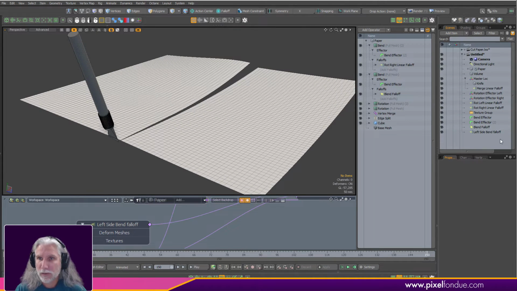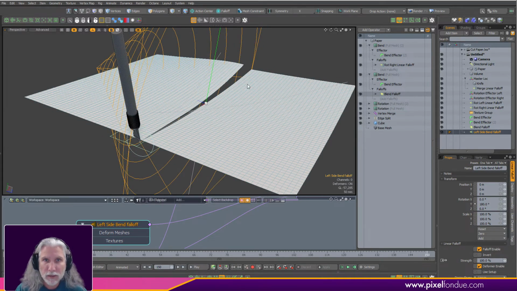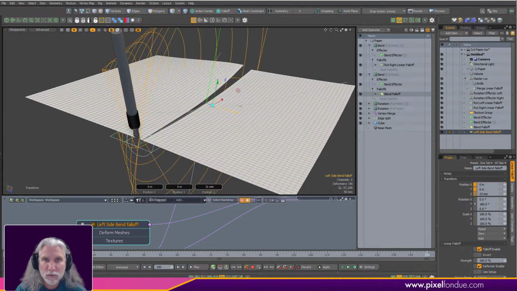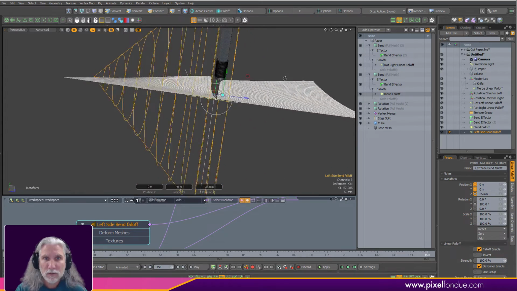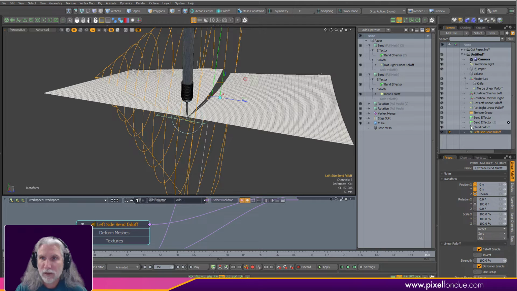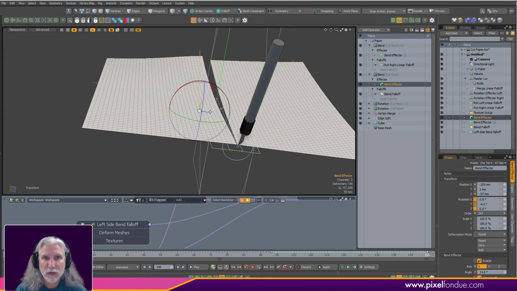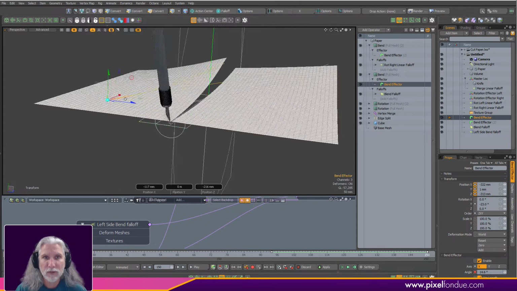Let me tweak this a little bit. I don't want to turn this into the make-it-perfect tweaky tutorial. I just want everybody to know how to do this stuff. So let me move this way just a little bit, and move my handle just a little bit here. Let me rotate this way. Actually, that's a little better if I rotate it this way. I think I had that opposite. So something like that